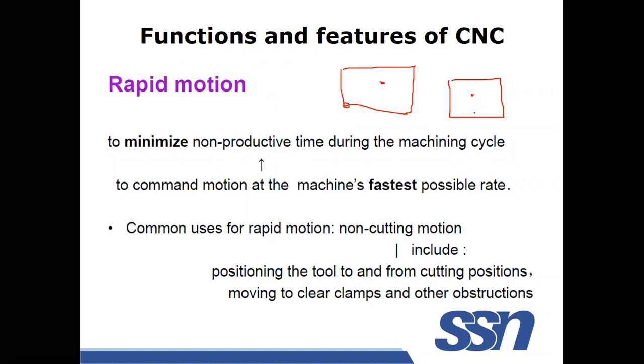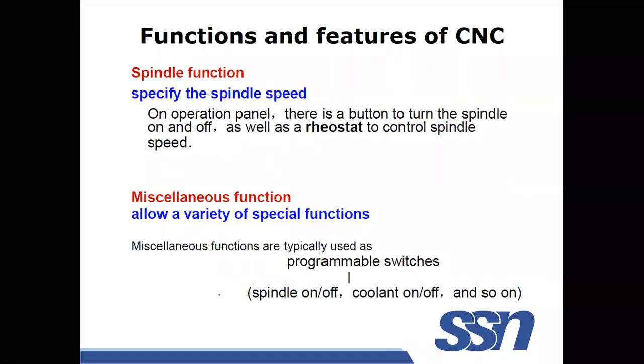So this movement can be kept rapid, I mean, very fast movement, so that the machining cycle time is reduced and you can improve the productivity. This motion is known as rapid motion. Similarly, while performing a drilling operation, the feed rate has to be given as per the requirement. Once the drilling is over, the retraction of the tool has to be rapid in order to reduce the machining cycle time.